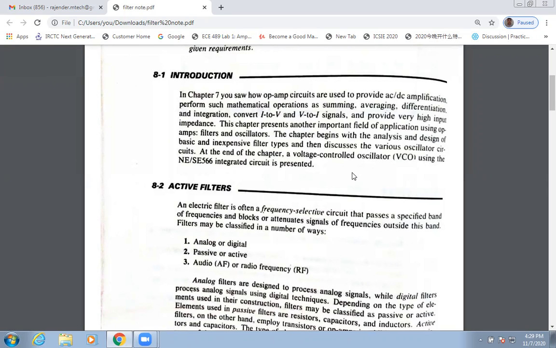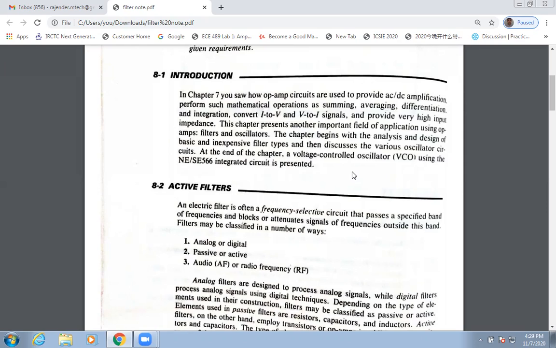In this lecture, I will begin with the analysis and designing of basic and inexpensive filter types, and then in the next few lectures I will also discuss various oscillator circuits using operational amplifier. First of all, I would like to concentrate on how to analyze and design basic and inexpensive